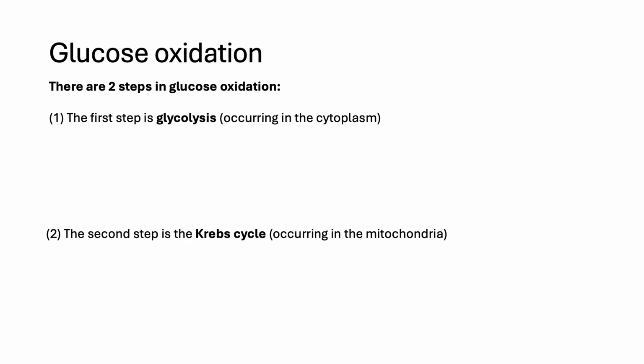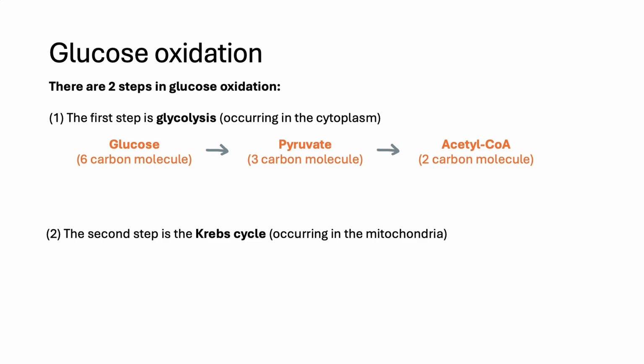So let's see how this works. First, we start with glucose. Glucose is a 6-carbon molecule arranged in a hexagon, and we're going to break that down into pyruvate. We're going to split this glucose in half, and so we end up with 2 3-carbon molecules, which we call pyruvate. And then we'll turn pyruvate into acetyl coenzyme A. Acetyl CoA is what I'll be referring to, this important molecule, and that is a 2-carbon molecule. So we take glucose, a 6-carbon molecule, split it in half to make pyruvate, and then transform pyruvate again to